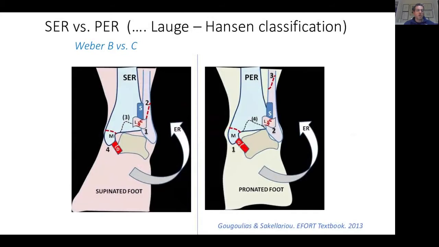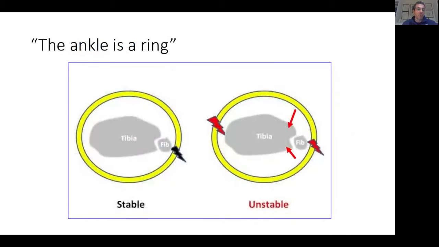Let's talk about the main mechanisms of injury described in the Lauge-Hansen classification. So the supination or pronation external rotation injury, and that refers to the position of the foot while the rest of the body rotates externally. And there is a different sequence of events. In the supination external rotation injury, the injury starts on the lateral side in the area of the syndesmosis and the lateral malleolus, whilst with the pronated foot, the injury starts medially, then goes to the lateral side, then it might break the fibula higher up, the so-called Weber C fracture, and then it might go around the back to cause a posterior malleolus fracture or an injury at the back.